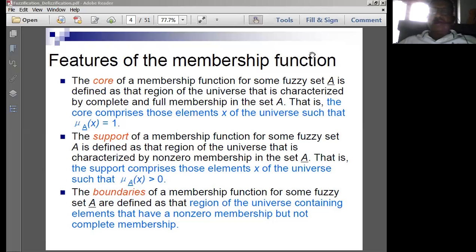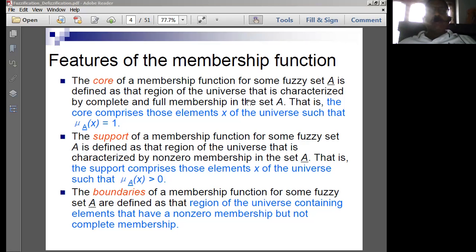In the examination, you have to write the features of membership function by mentioning its definition along with the graphical representation. So let us go with these two parallelly. In the previous session, I just gave a gist of the features of membership function. Let us go with the definition of this membership function now.